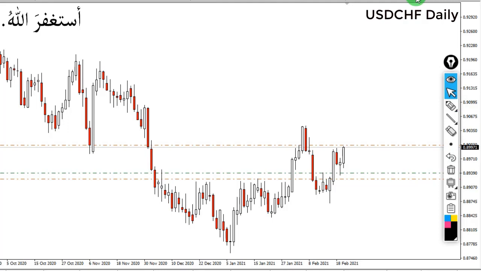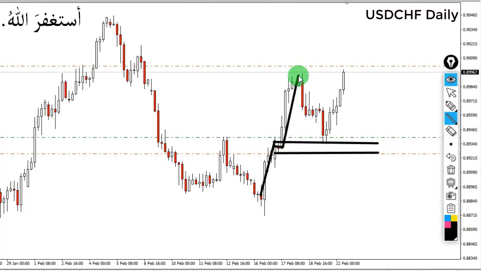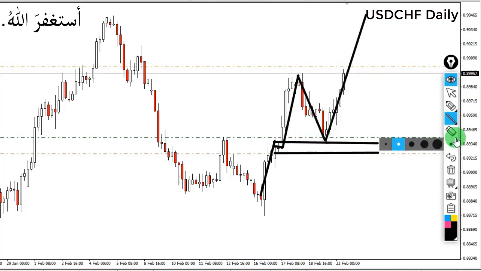I further went back to the H4 time frame. When the market was dropping down, we got a nice base rally demand zone here. We have a rally, we have a base candle, and we have a rally. So this is actually supply and demand trading. When the market pulled back to this zone, we can buy this level to the upside. So that was the scenario.